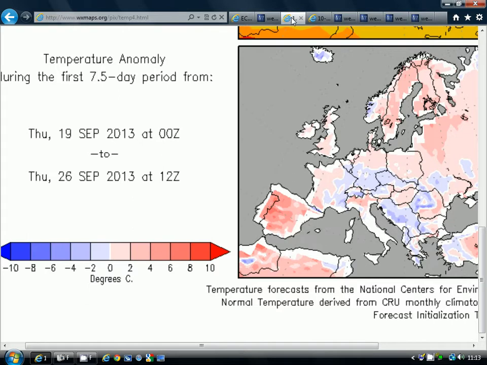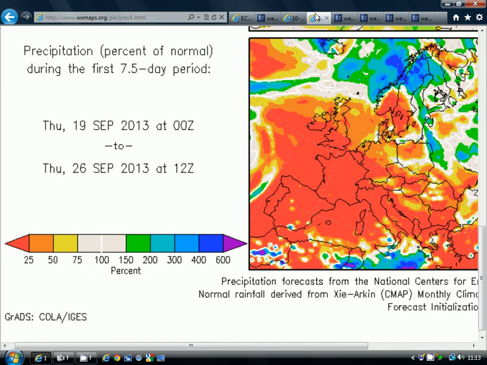Temperature anomalies for the next week, the 19th to 26th of September, show that we're going to be about normal, maybe on the positive side of normal, just in those very pale pink colours. That's more or less on the plus side of normal, but we're not going to be deviating that far from a seasonal average, really, I don't think. Despite having quite warm days, we'll probably have quite chilly nights, and then it could turn more generally cooler from around the middle of next week onwards.